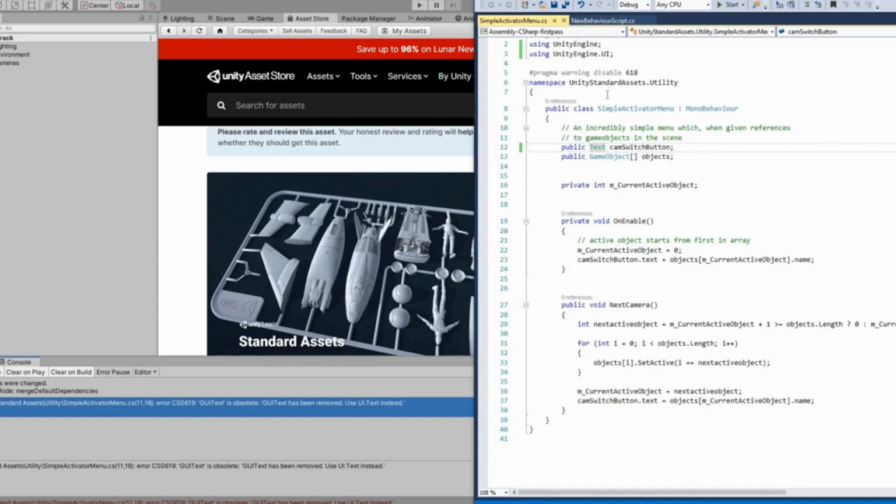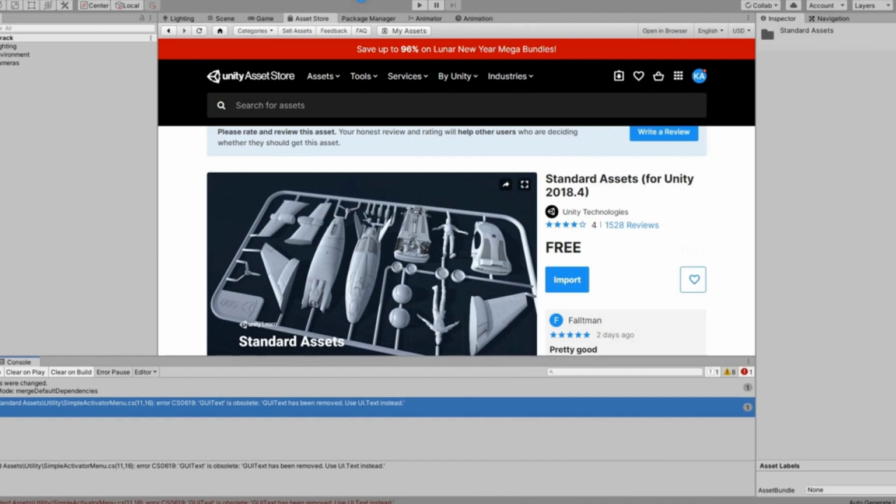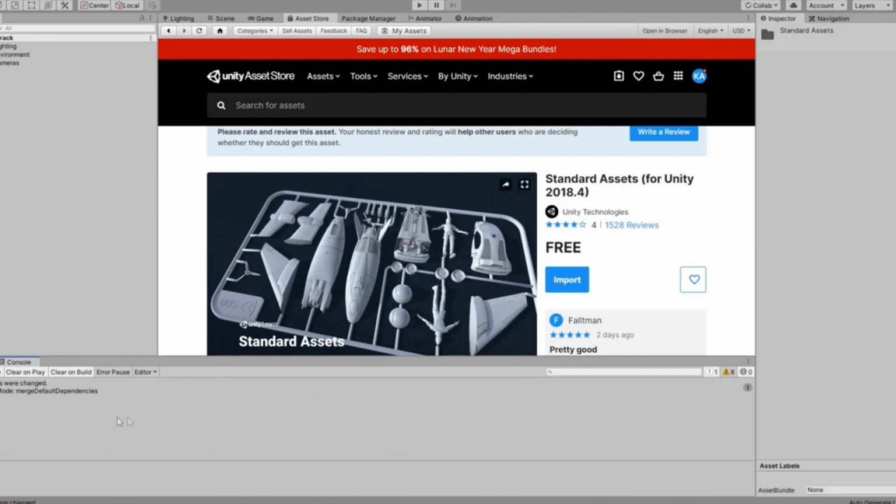But before this, make sure that you write this line using UnityEngine.UI. Otherwise, it will not recognize this Text element. So save your script and go to Unity and wait for it to be compiled. And now you can see that the error has gone.